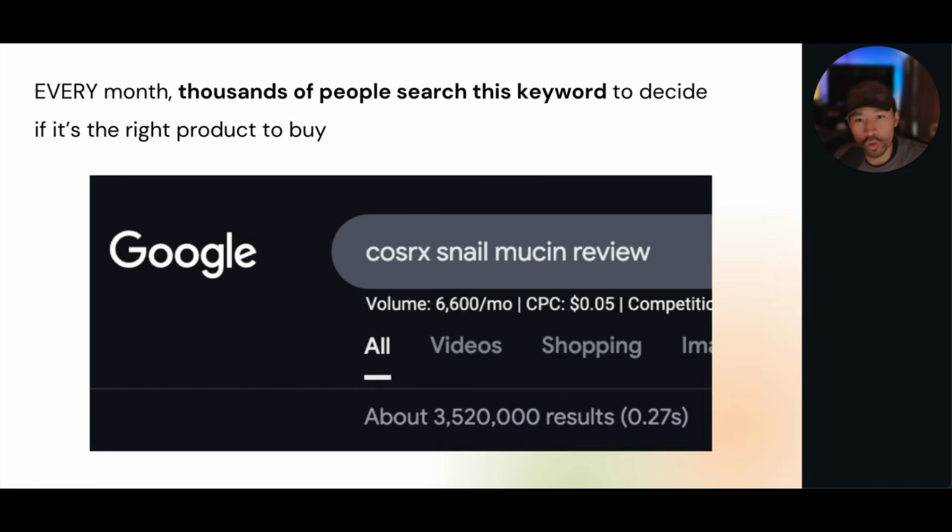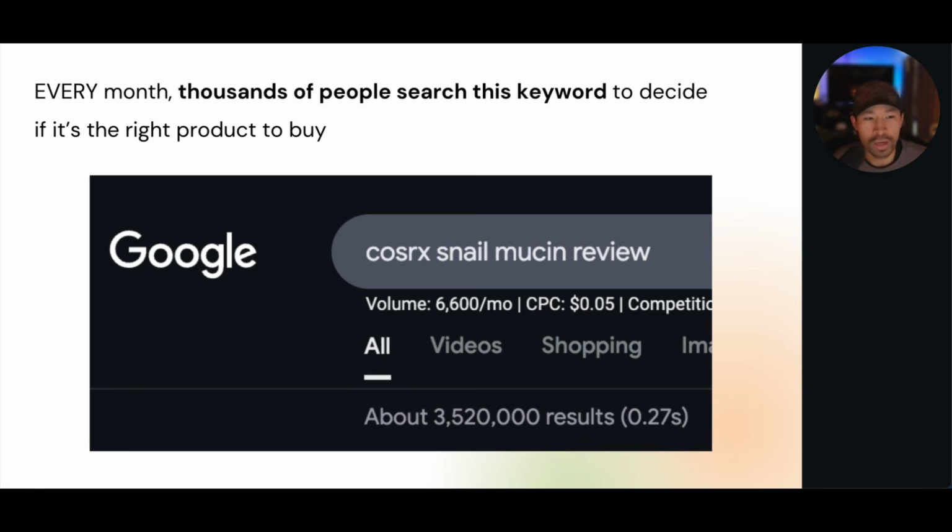Now, I'm going to go to Google and I'm going to type in a keyword phrase. And that keyword phrase is the product name, which is CosRx Snail Mucin Review. I'm adding the word review because every month, thousands of people search this keyword, and using my SEO keyword research tool, I can see that there's a volume of 6,600 searches per month